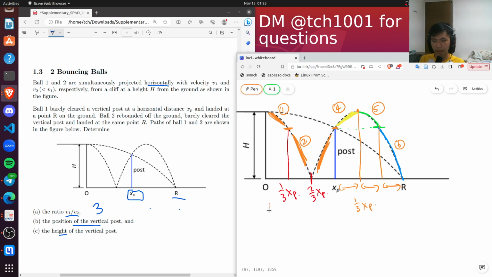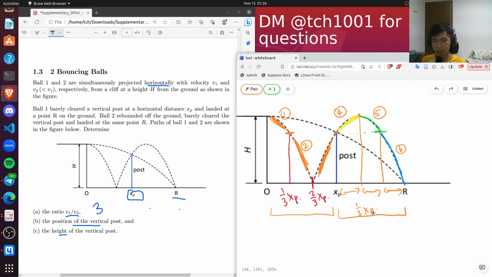So you can see that on the left over here you have xp, on the right over here you have xp, right? Because we decompose the right one over here into 3 motions, and we prove that all of them are symmetric. There's a lot of mirroring of the motion as well as translating of the trajectory, a lot of such patterns, and there's a lot of sequences you can go through. Maybe 1 and 4 you can observe that it's the same also because it's symmetric about this bouncing point, right? There's a lot of such you can go through, but any one of them would work,